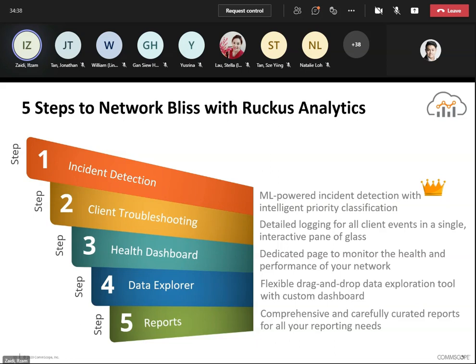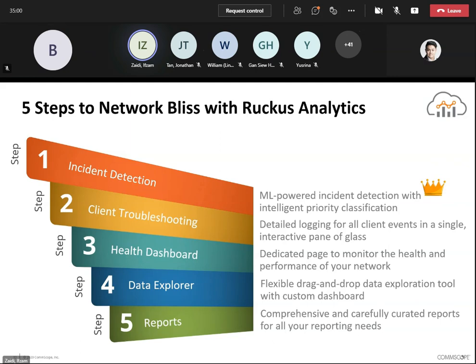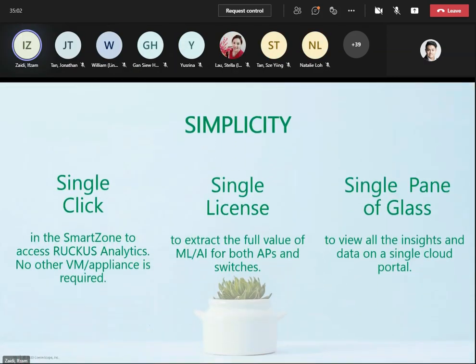After that, if you want to generate a report, Ruckus Analytics provides the Data Explorer, so you can drag and drop from the Data Explorer dashboard to get comprehensive and carefully curated reports for all of your reporting needs. So basically, Ruckus Analytics is very simple.